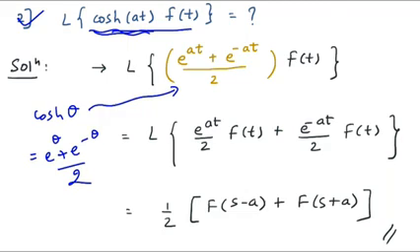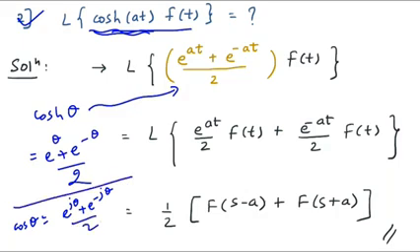Now your question might be, what if instead of cos hyperbolic theta, it was cos theta? Then I will give you one more formula. If it was cos theta, the respective exponential term would be, either you can say Euler's identity or you can simply say the relationship in the exponential terms. It would be e raised to j theta plus e raised to minus j theta upon 2. So you should know the two formulas, cos hyperbolic theta and cos theta. Similarly, sin hyperbolic theta and sin theta. You should know the respective formulas.